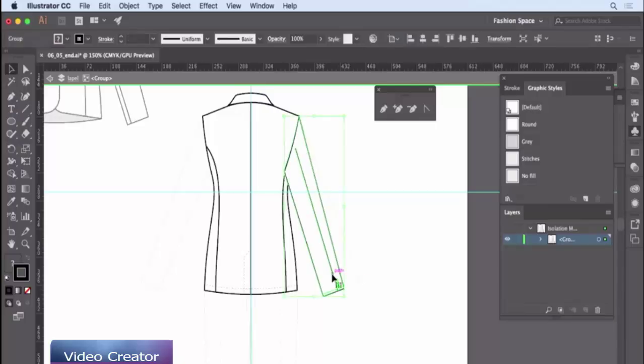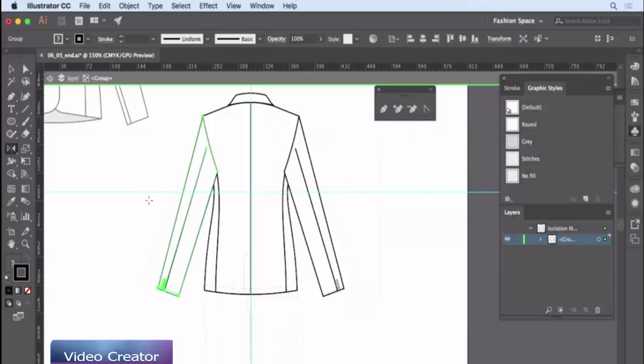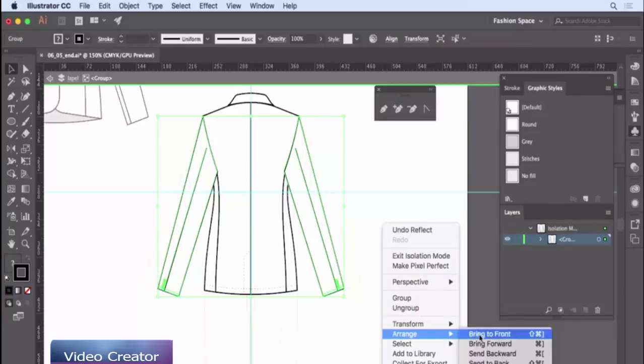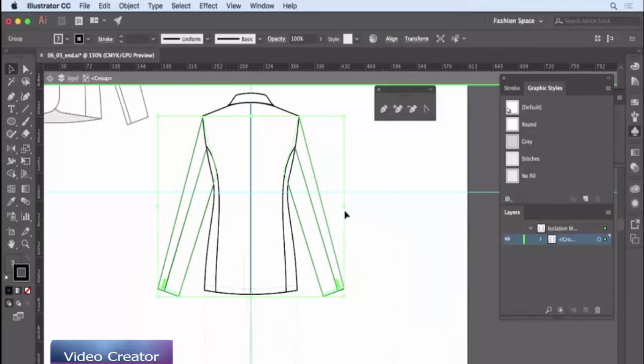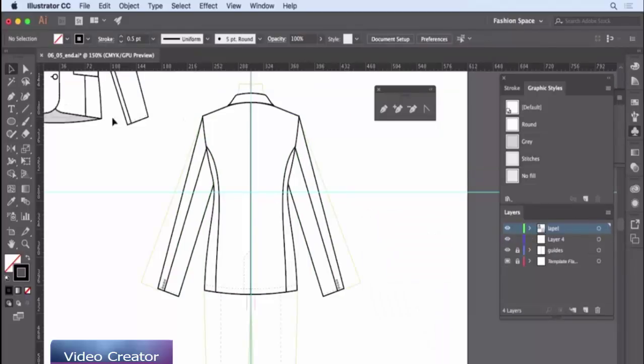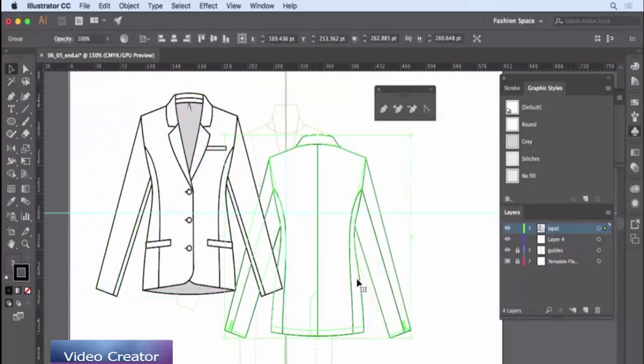So we'll select the sleeve, O to reflect, Option click on the center guide, vertical, copy. And now if I select both sleeves, right click, arrange, send to back, it takes care of that situation. And now that our back is complete, we can right click and exit isolation mode. And there you have your blazer, front and back. We'll turn off the